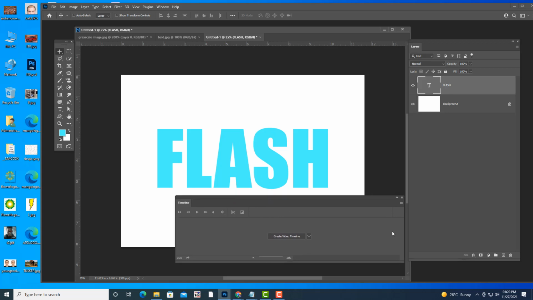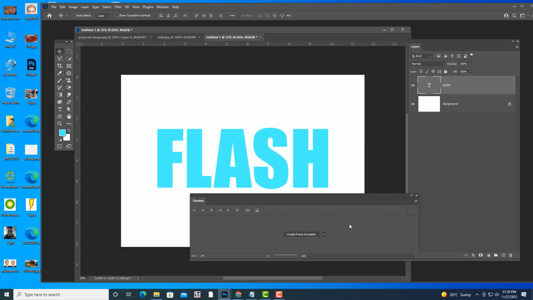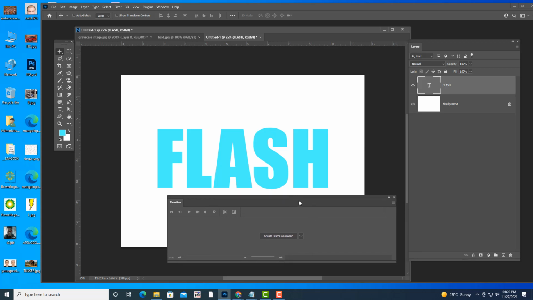Here first we are going to see frame animation. After that we will see video timeline. First we'll see frame animation, then later on we'll see the video timeline. So what is frame animation? Most of you here are in Premiere and After Effects. In Photoshop you are actually working with still images, not moving images.